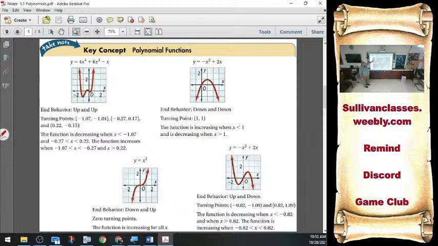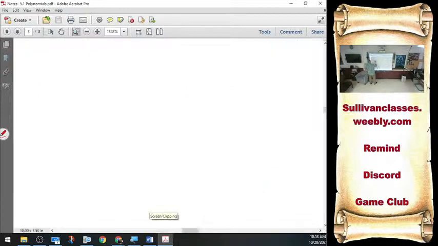I don't like this at all. They call them up and up, down and down, down and up, and it sounds very childish. We are going to get rid of this because this is the only textbook I've ever seen write it like this. Or we call it a W. Words. That sounds more